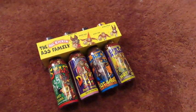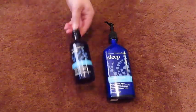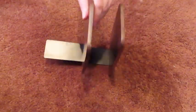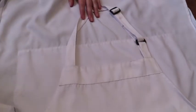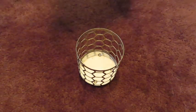A bag of Trid's hot sauces that neither of us will eat. A sleep lotion and a pillow spray. I actually realized that I don't like the smell of this, so I'm getting rid of them. A pair of bookends. An apron. A scale. A candle holder, some hangers,